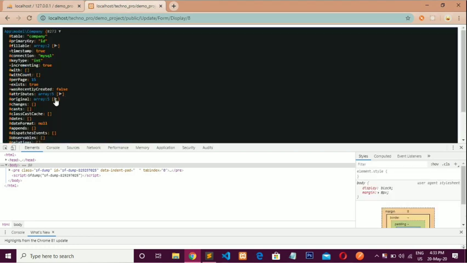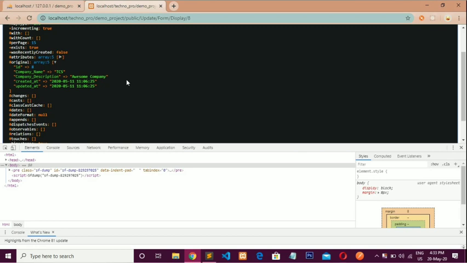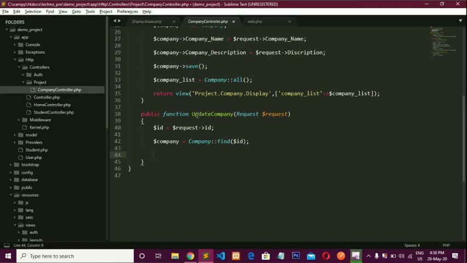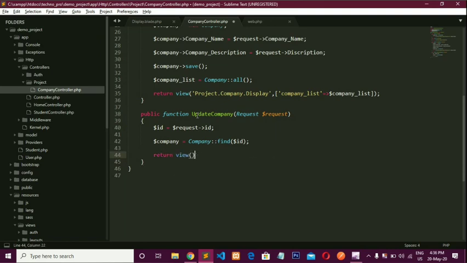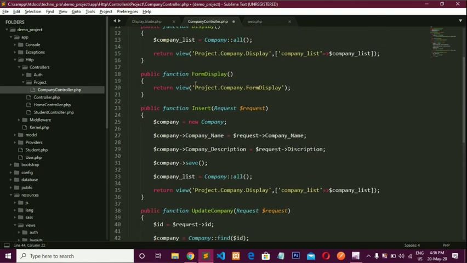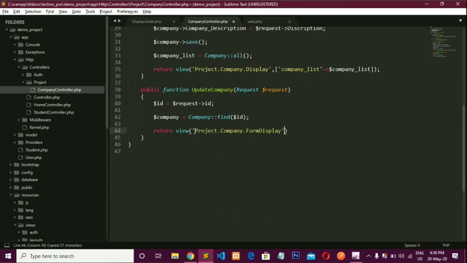Here you can see I am getting a record. Now send this data to a view. For that, write the syntax return view, and our view name is project.company.form display, and in the second argument we need to pass the data. Our variable name is company and the value is also $company.